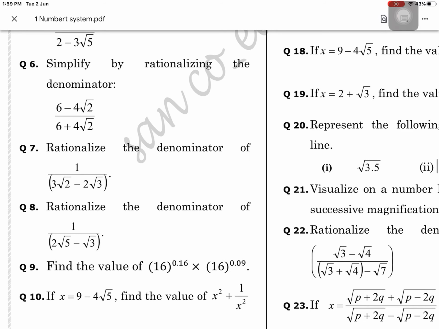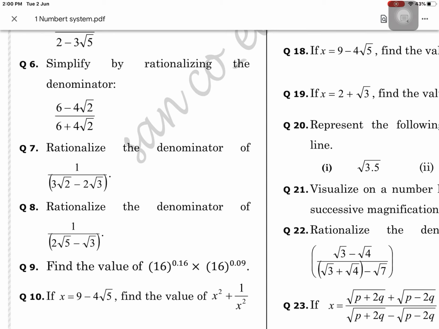Now, say question number 7; I am telling this to raise your confidence, so that you can solve question number 5 and 6. Please note, all of you, question number 5 and 6 are your assignment. Rationalize the denominator: 1 by 3 root 2 minus... Which do you want to know from me, 7 or 8? Which is more difficult here? I think 7 is more difficult, I am telling.